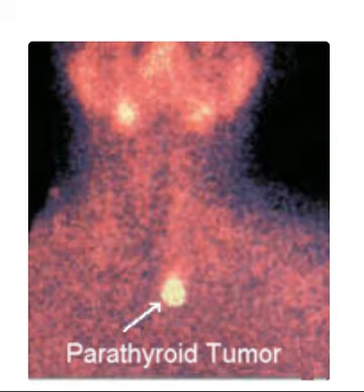What is a Sestamibi scan? A Sestamibi scan was introduced in the 1990s, and today, is used in hospitals around the world to help a doctor identify diseased parathyroid glands. With a Sestamibi scan, a radioactive agent is injected into a patient's veins. The radioactive agent is then absorbed by an overactive parathyroid gland, a problem that commonly affects individuals dealing with hyperparathyroidism